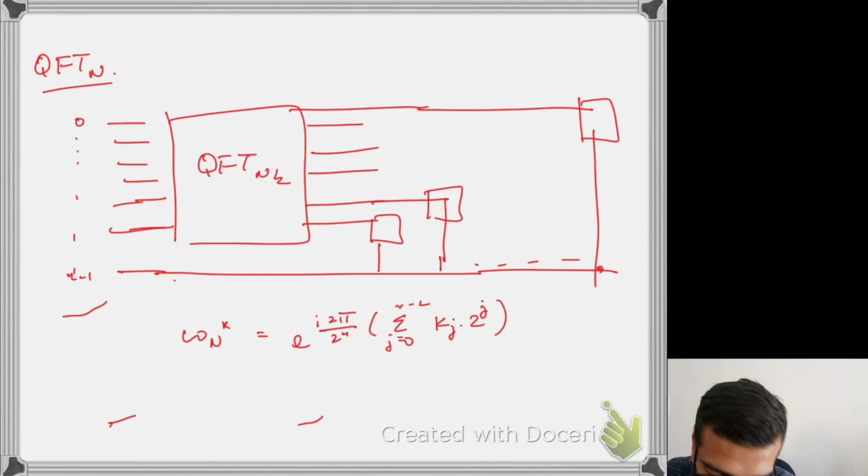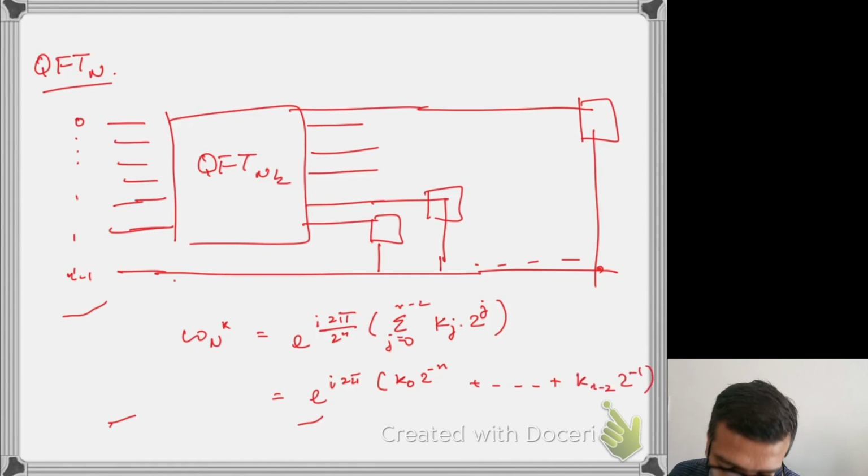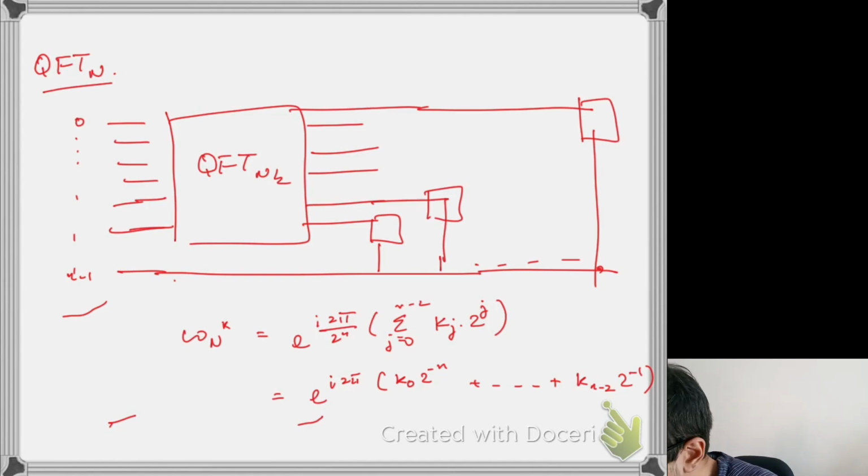Which gives me e to the power iota 2 pi times (k0 2 to the power minus n plus up to k sub n minus 2 times 2 to the power of minus 2), right? So this is how this circuit is going to look, and then in the end I can do